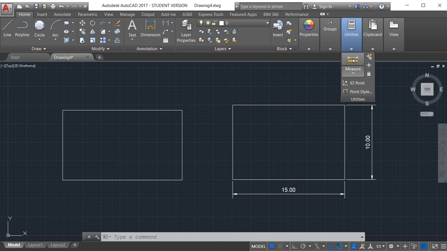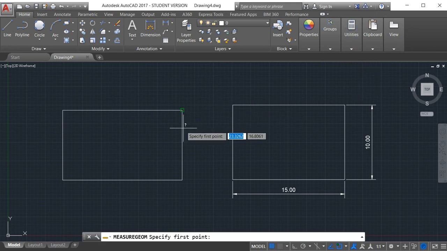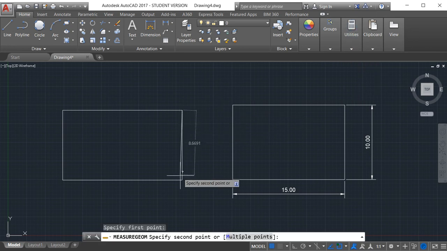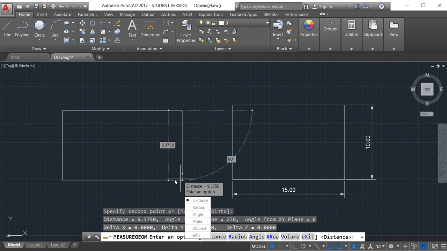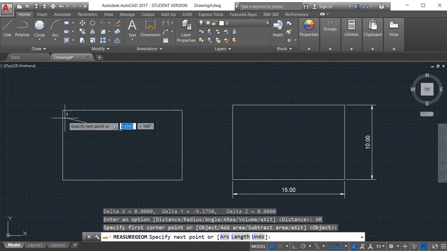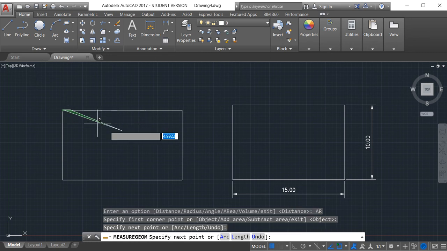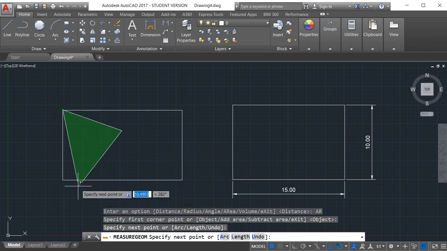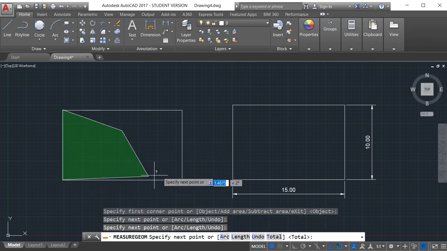From utilities we can measure all the parameters. Suppose I want the total area of this. I will specify four corners.